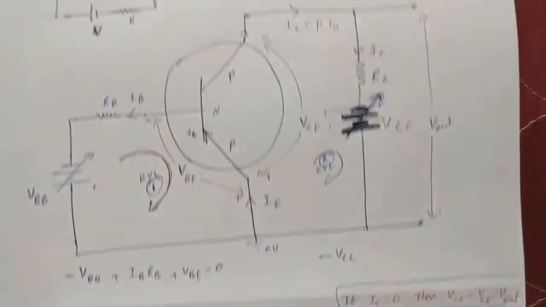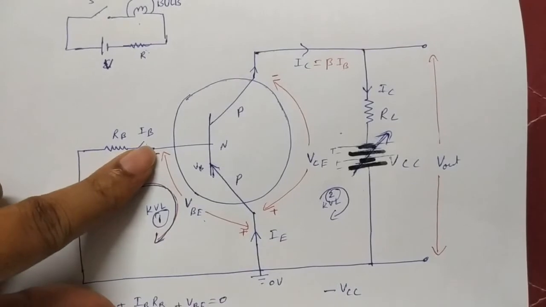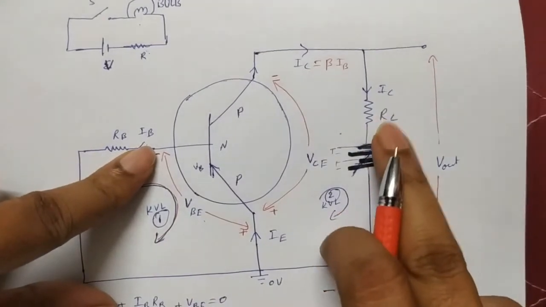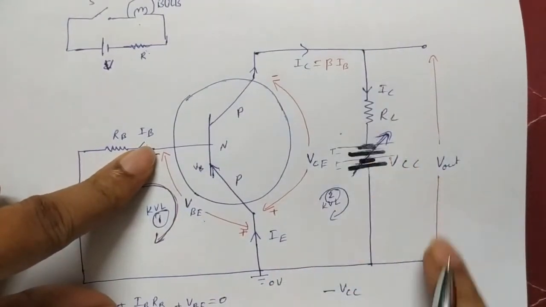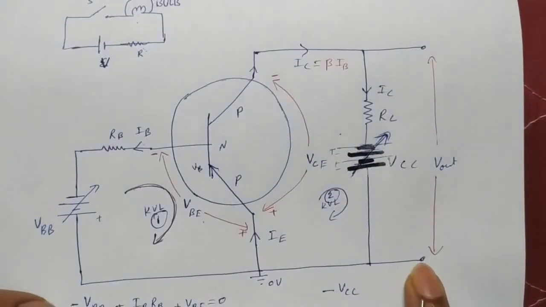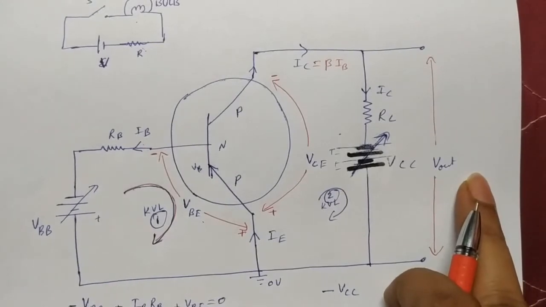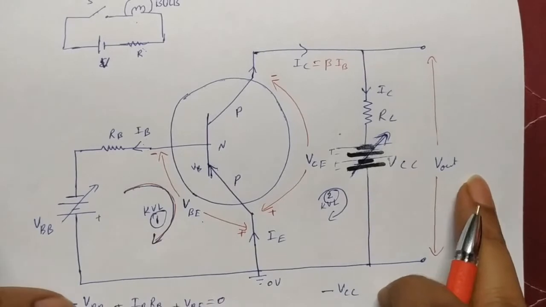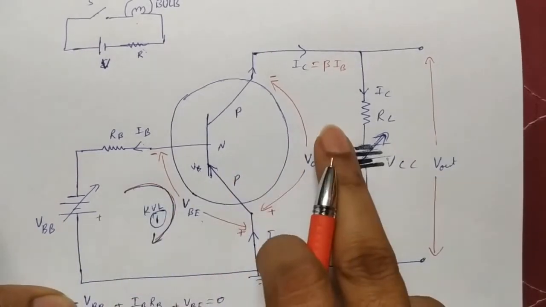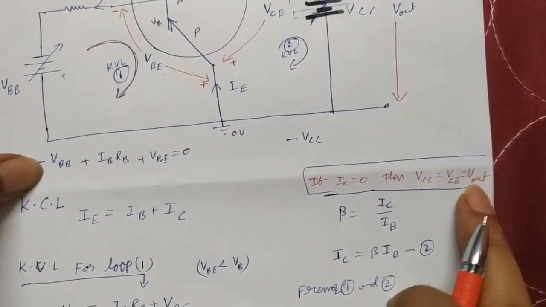That means for a suitable input current, we get a collector current which cancels the total potential across this. V out we are getting 0. Whenever output potential decreases, what do you say? Circuit is in open, and closed circuit means current is flowing. Initially what happened? IB 0, IC 0, circuit is in open because the total potential here, only V out, is equal to VCC. V out equal to VCC.